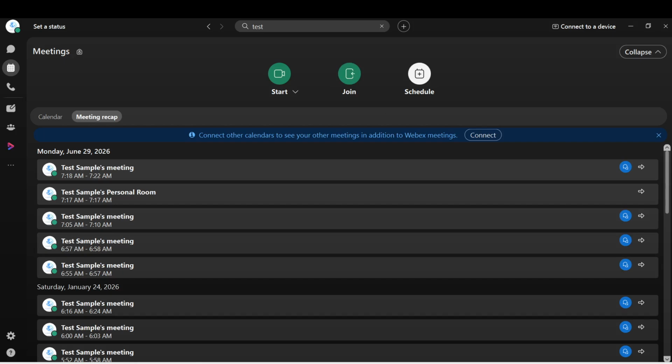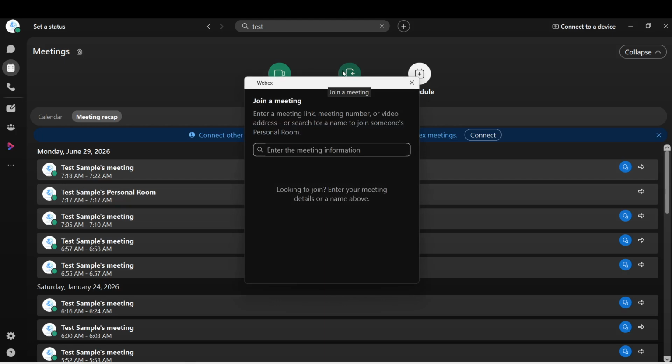Now, click the Join a Meeting button or locate the search bar at the very top of your home screen. This button is typically clearly labeled and easy to find. If you choose to use the search bar, it should be prominently displayed. This action is important because it directs you to the next phase of the meeting entry process. You want to ensure you are in the right section of the application to join your meeting smoothly.